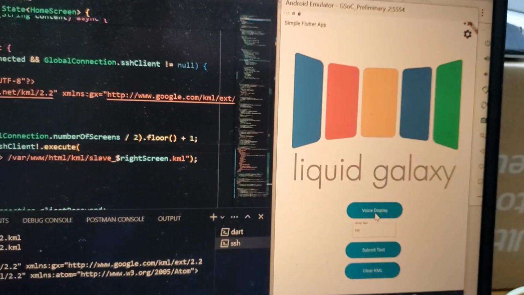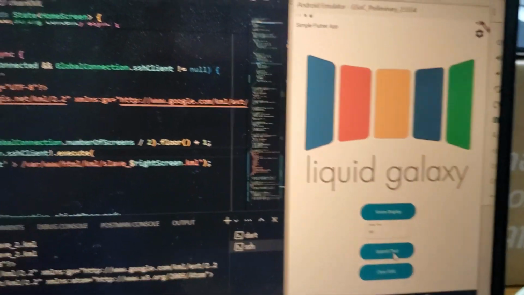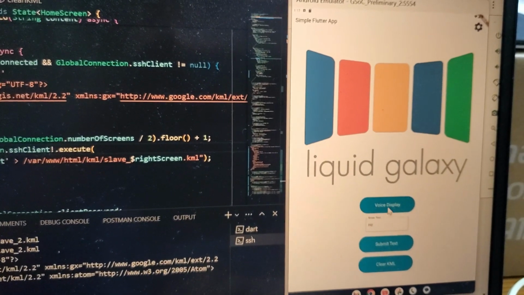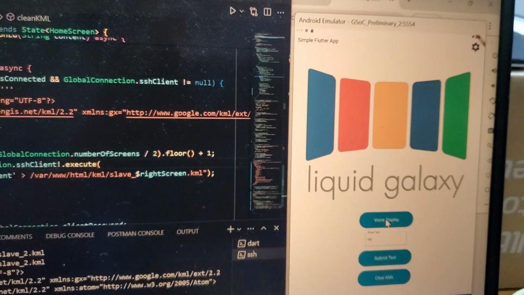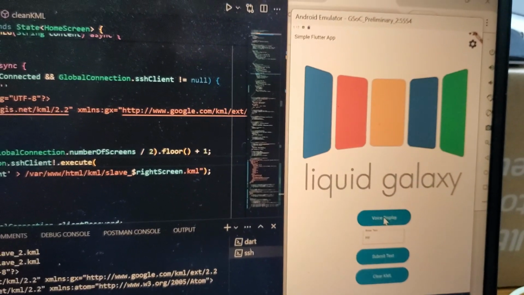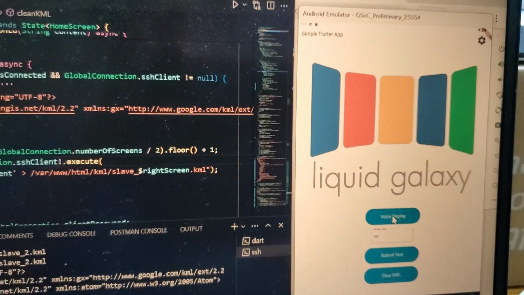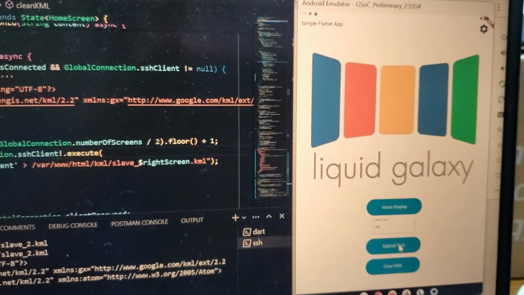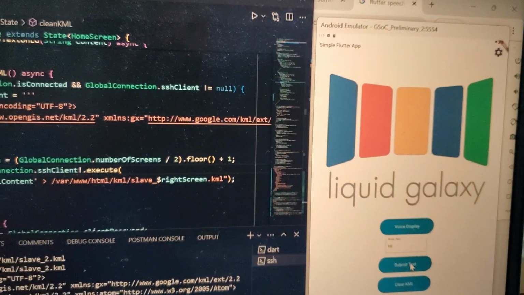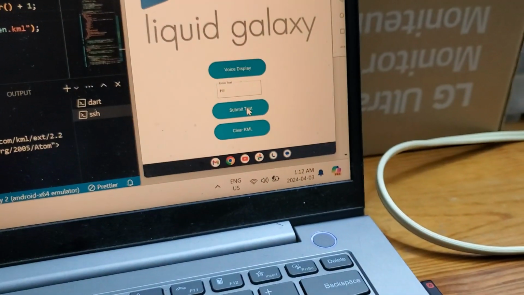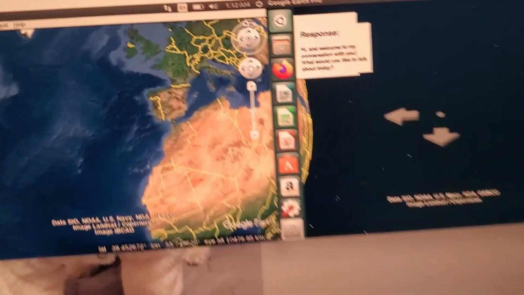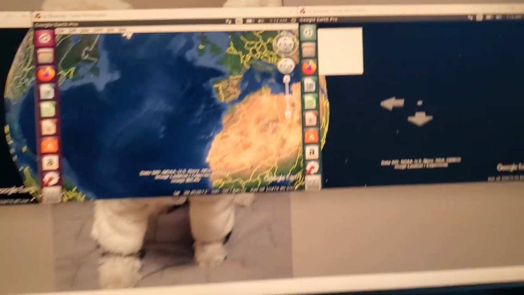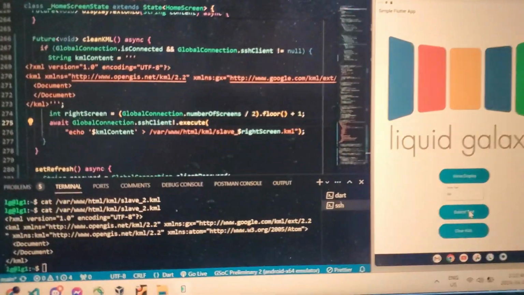Okay, there we go. So the same thing, we can get back a response and then also listen to it. I guess the KML part can be a bit buggy at times, but the general idea is that the user can either type a response or say a response, and we'll get a response back, and then we'll be able to use Liquid Galaxy, so that a user is able to not only read it but also listen to it as well. But yeah, very simple application.